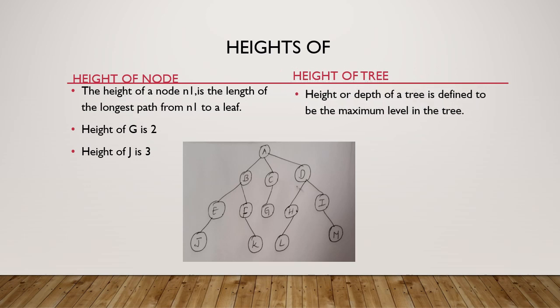So almost, depth and height are one and the same. Height or the depth of a tree is defined as the maximum level in the tree. What is the maximum level of the tree in this particular example? The maximum level is 3. Almost, we can say height is equal to level plus 1. Then we have A equal to 0, B is 1, E is 2, whereas J is 3. And then the height of the tree,